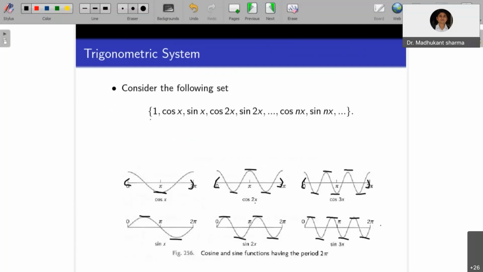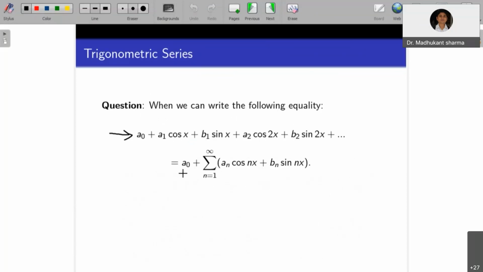You multiply A naught by the constant function, the cosines by A1, A2, A3, and so on up to An, and the sines by another set of constants B1, B2, up to Bn, and take the linear combination. As we know already, if you have a finite sum, there is no problem in writing this summation from n equals 1 to, let's say, capital M. It's not a problem. But when you replace this M by infinity,